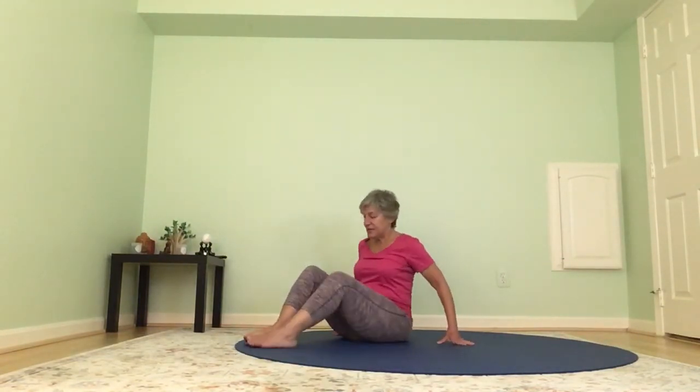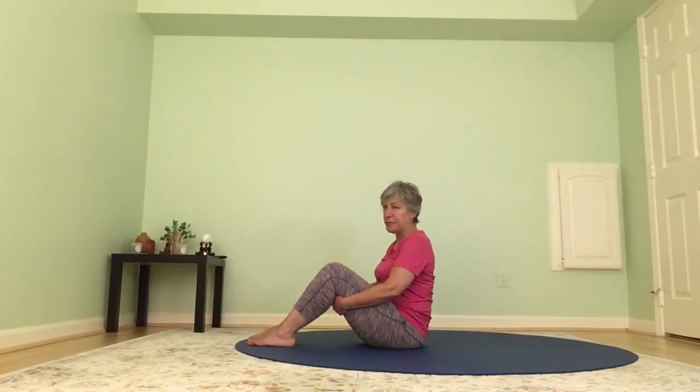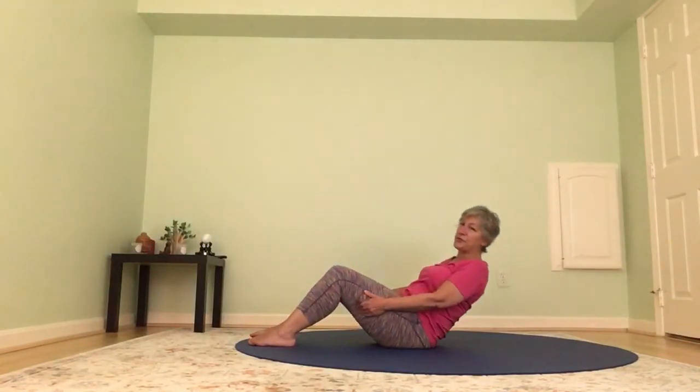All right. So we did a bunch of twisting earlier in our practice, and we're going to do a little purification forward fold. And between the twisting and this forward folding that we're about to do, I encourage you to drink a lot of water today, flush things out. So to get into that forward fold, we're going to have the feet hip-width distance apart, and then draw the